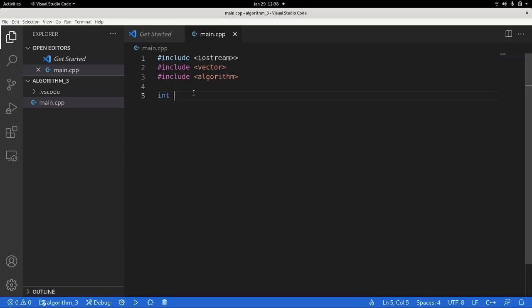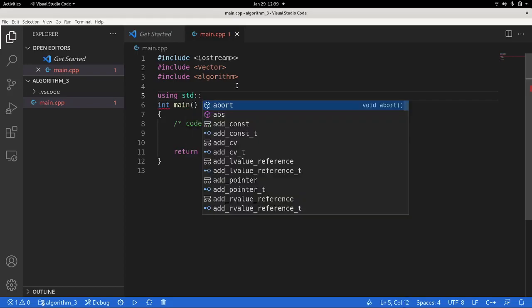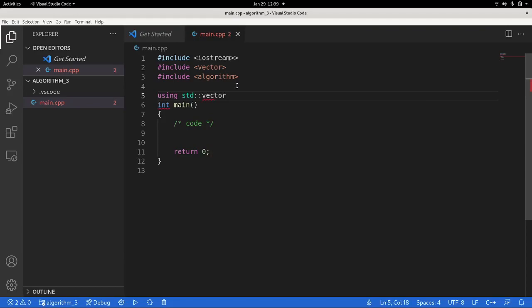we define the first function, the main function. You just have to type in main and hit enter on Visual Code. It will auto-complete the rest of the function. And here we will start by creating a vector. In order to create a vector and make it simple, we just have to include using std double colon vector,